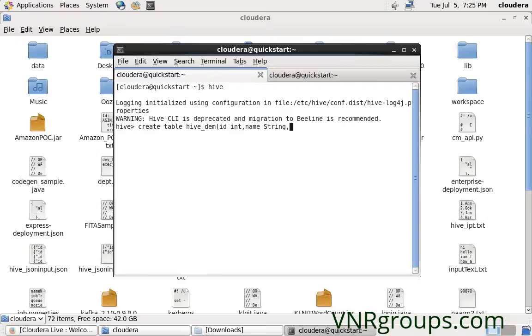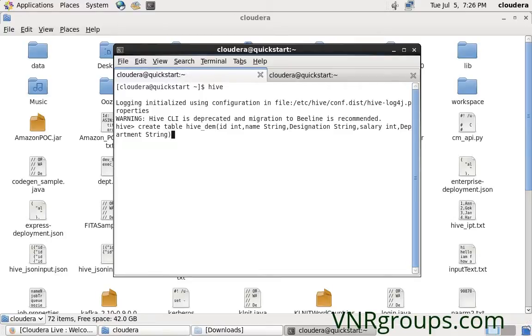What else do I have? Designation, salary, and I have a department with me. I'm not going to end my table here because we have some more syntactic rules to follow.